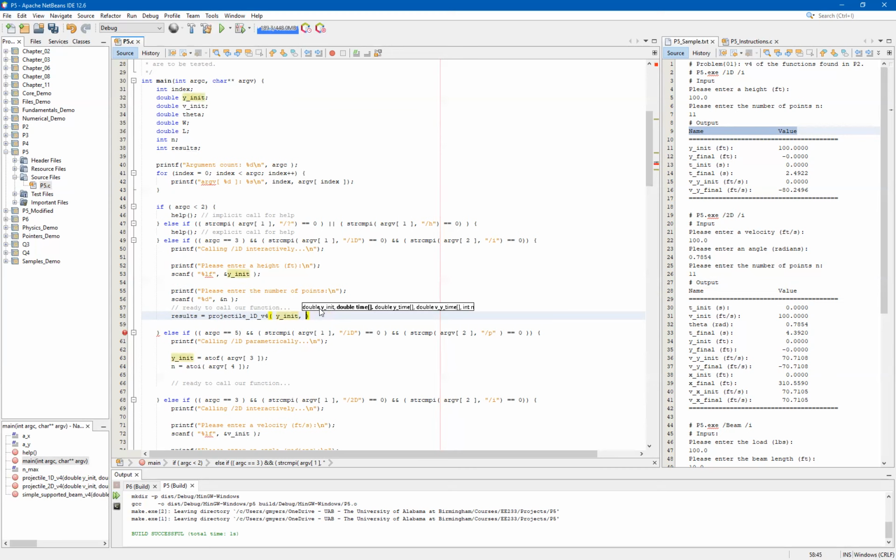and that is going to be time, y time, and then Vy time. Keep in mind that we do not have to use those names necessarily. And then we also want to pass an n, which is going to keep track of the number of active